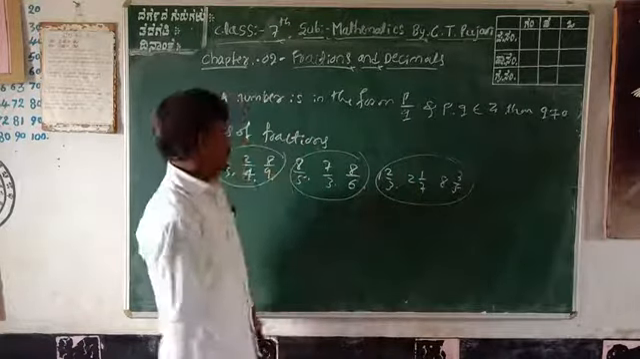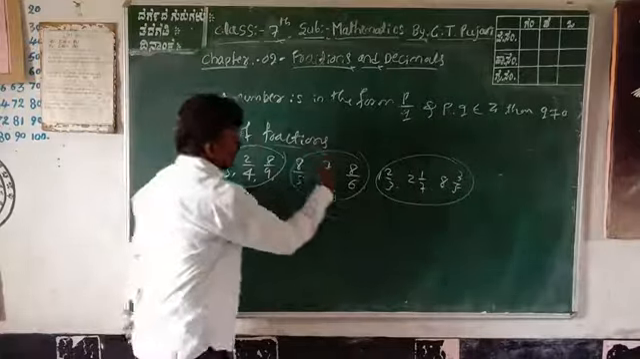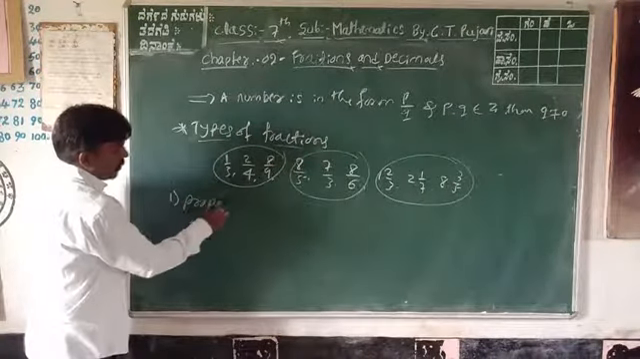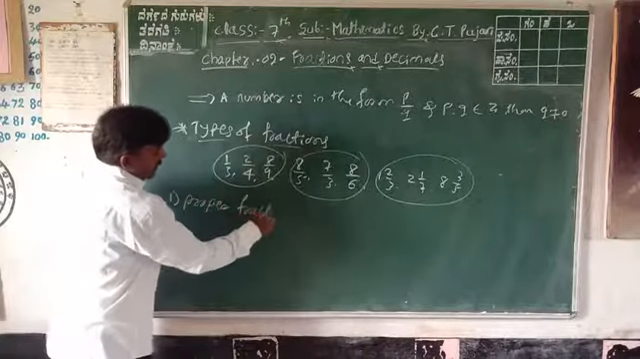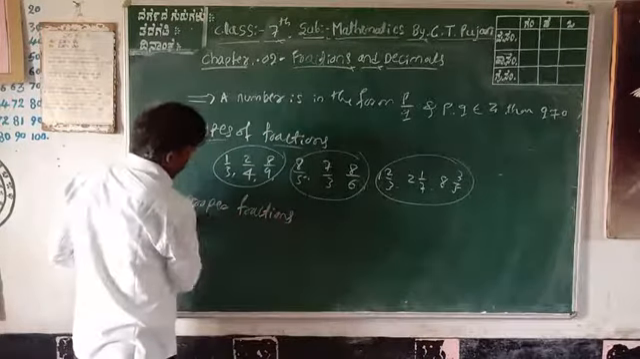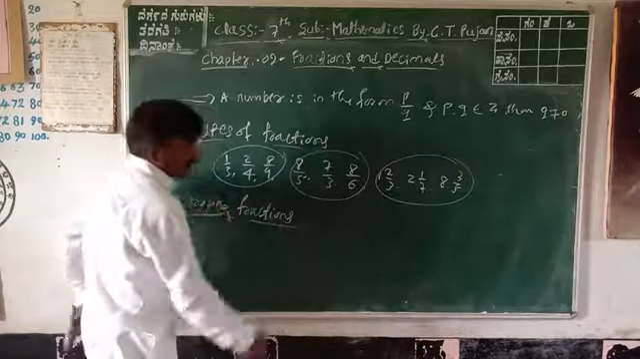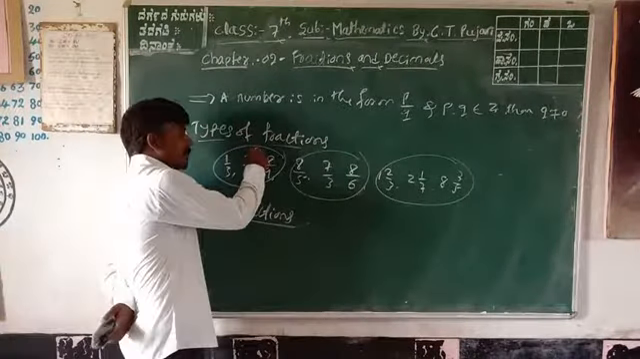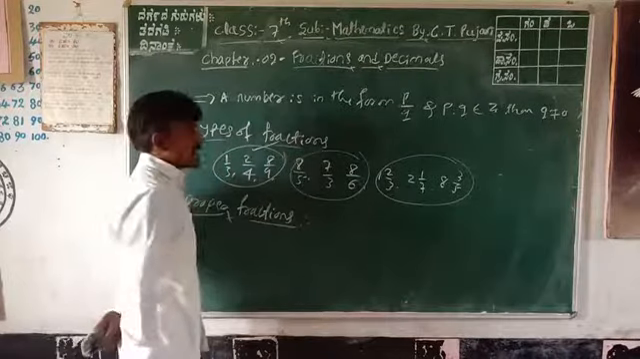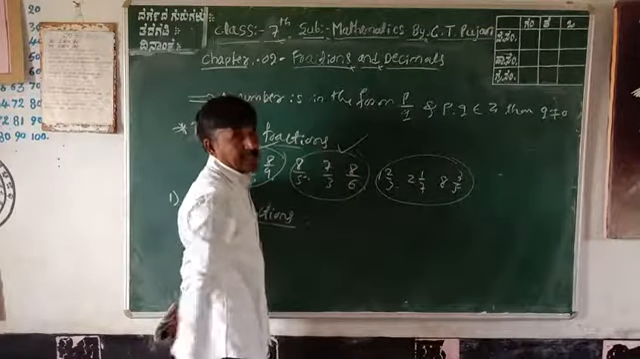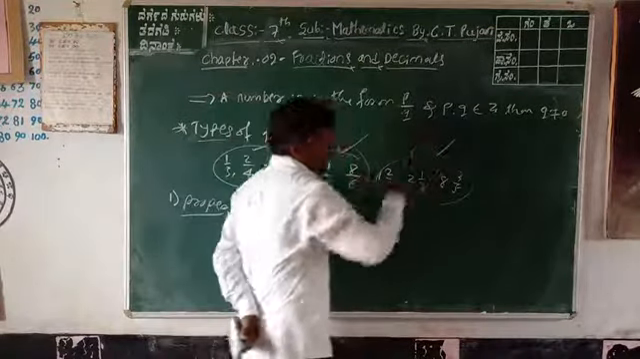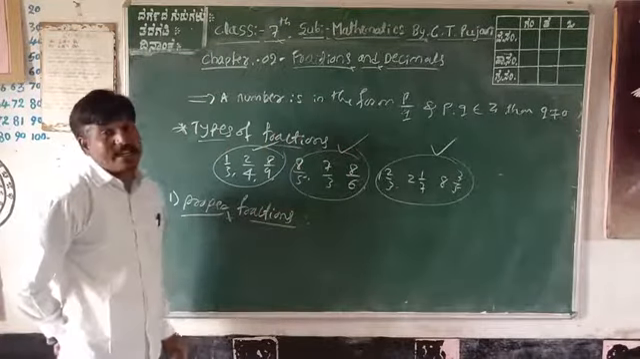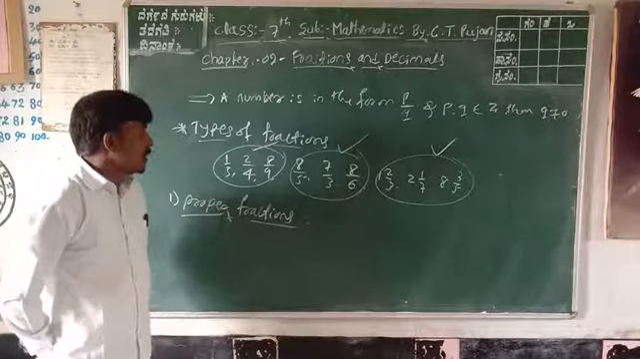Okay, in your mathematics, the types of fractions means the first one is proper fraction. What is the definition of proper fraction? For example, these 3 are proper fractions. Second group is improper fractions. Third one is mixed fractions. Okay, the first one is proper fractions. The definition of proper fraction. Proper fractions means